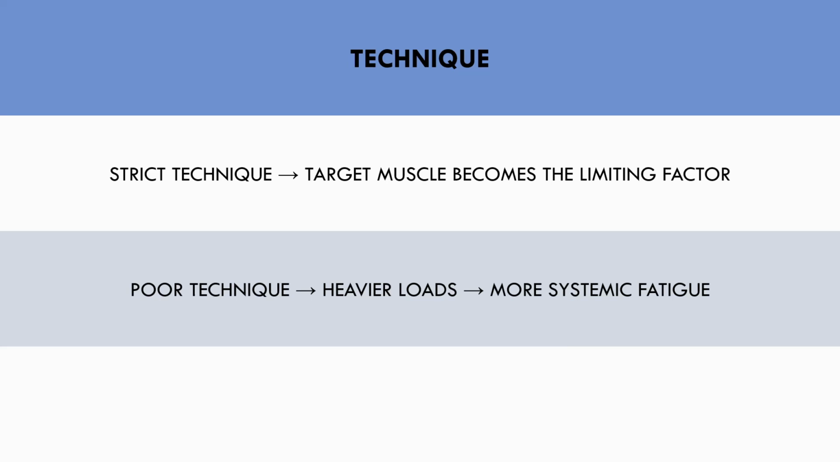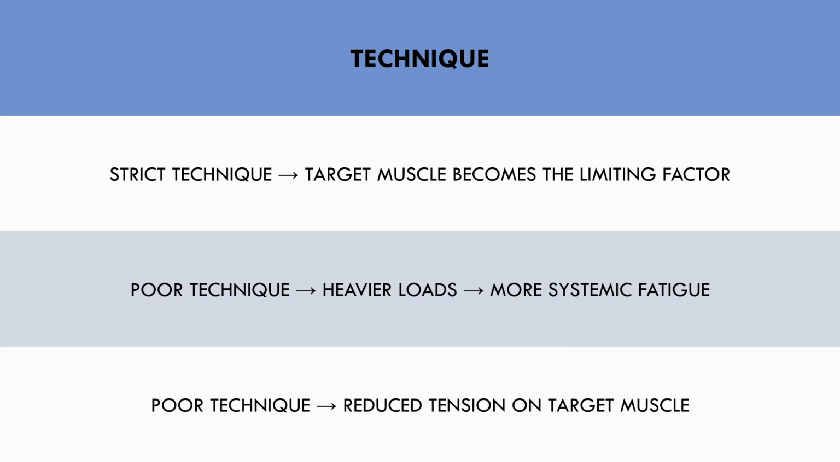Second, using suboptimal technique may reduce tension on the target muscles during certain portions of the range of motion. For example, let's say a trainee uses momentum to swing the dumbbells up at the bottom of a bicep curl. This reduces the tension on the biceps in the bottom half of the range, making each rep and each set